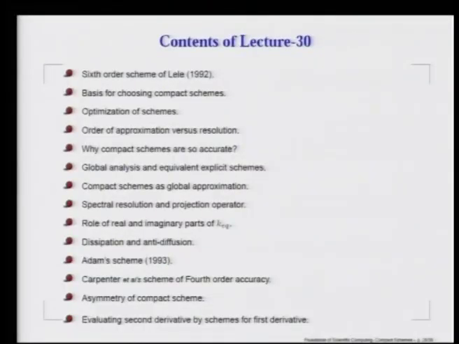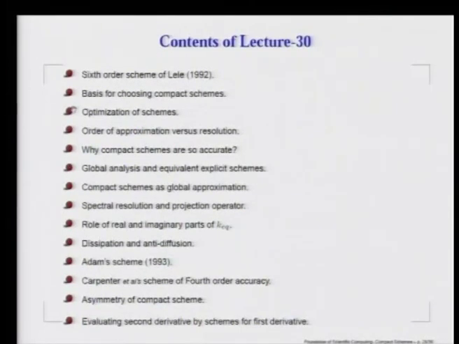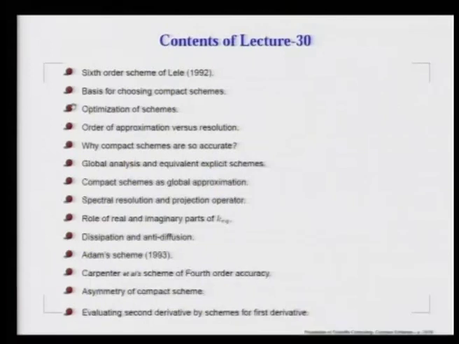We begin lecture 30 with a brief review of what we had talked about in the last class, namely the sixth order scheme of Lele that was obtained by Taylor series analysis. However, we also pointed out that there must be some basis for choosing a compact scheme. One way of doing it was an optimization of the scheme by looking at the truncation error,